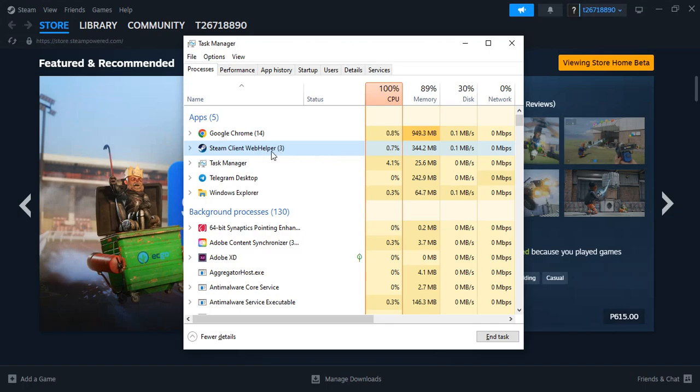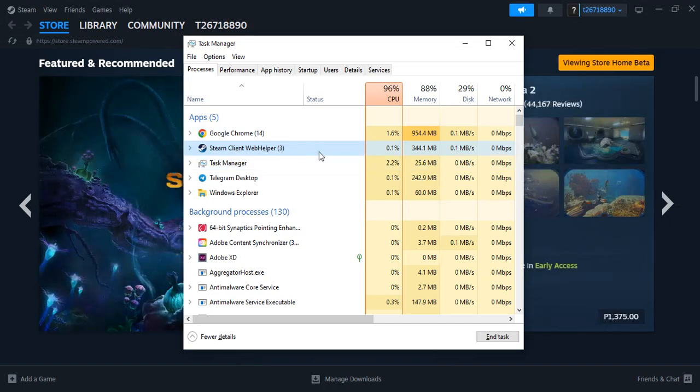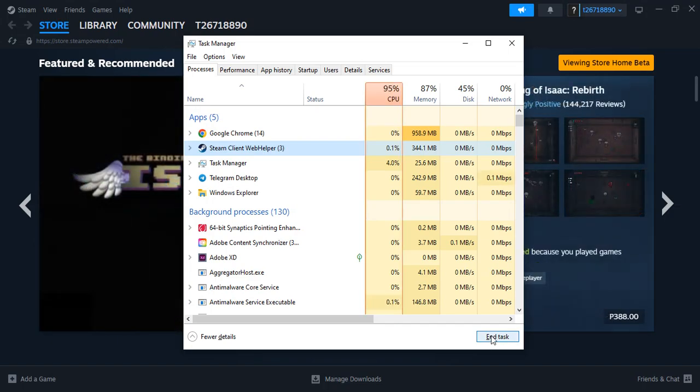Once you've located the Steam Client Webhelper, the next step is to stop it from running. To do this, click on it to highlight it. You should notice the End Task button becoming clickable in the bottom right corner of the Task Manager window. Clicking End Task will immediately stop the Webhelper process. This action effectively closes down the parts of Steam that rely on web-based processes, which should reduce the resource usage